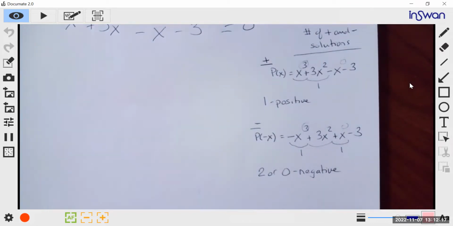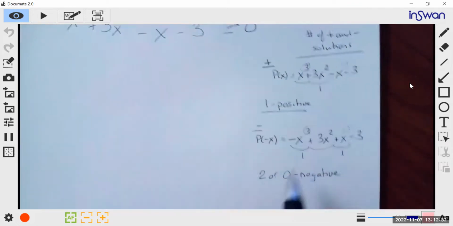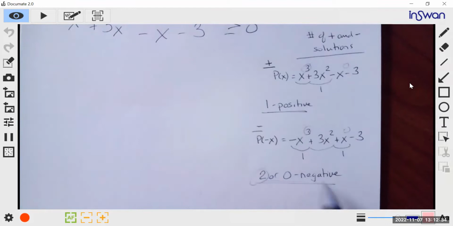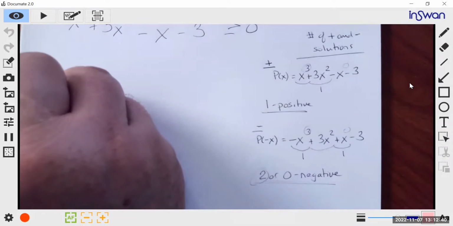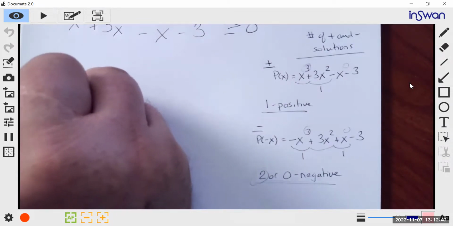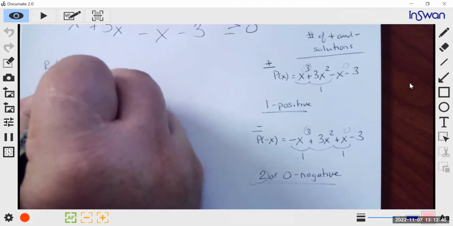Negative solutions. Why is it 2 or 0? Because if one of them is imaginary, then they have to come in conjugate pairs. We have to have 3 plus i, 3 minus i. It has to come in conjugate pairs. So we know that we're going to have 1 positive and probably 2 negatives. So what are they? Then we have to use what's called the rational zero